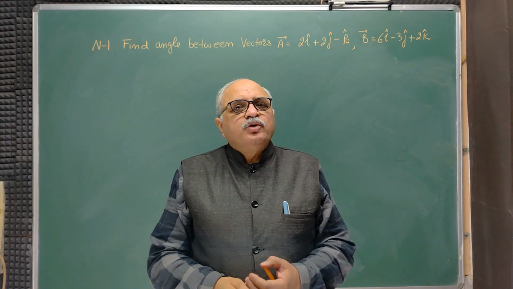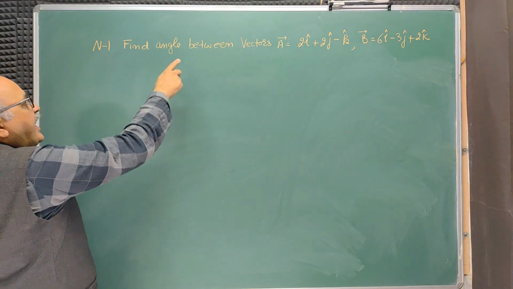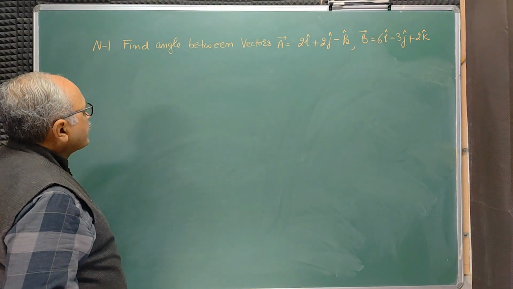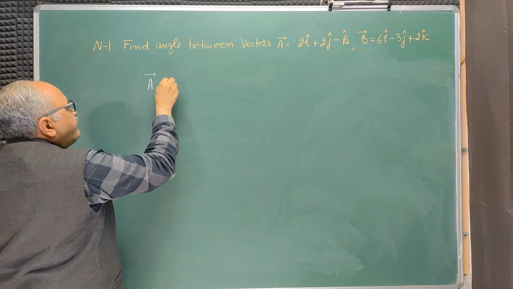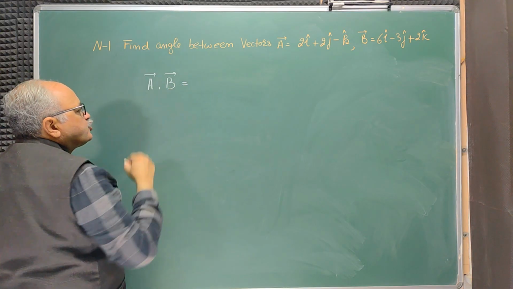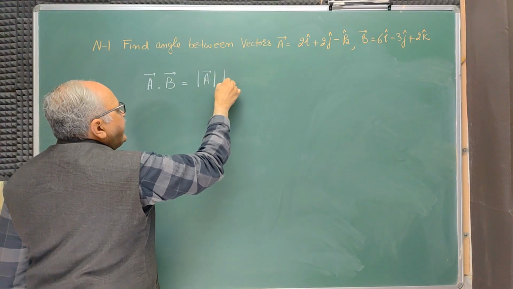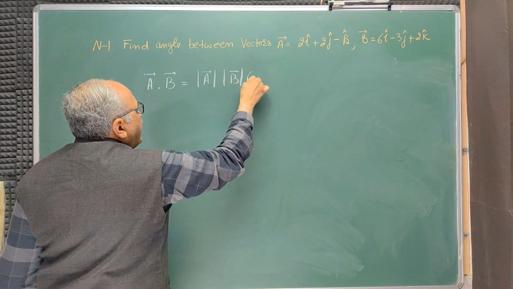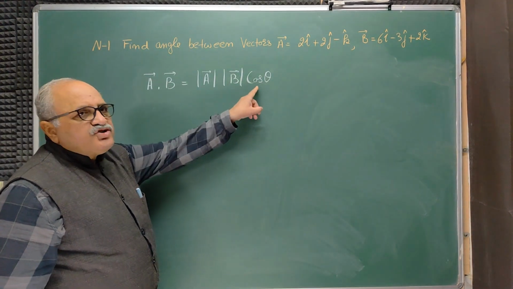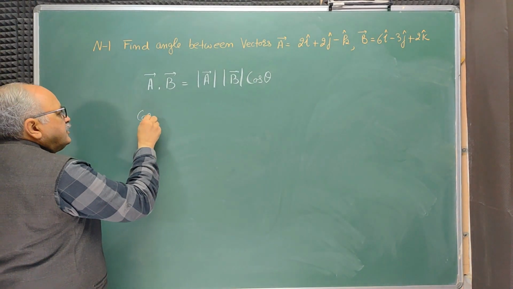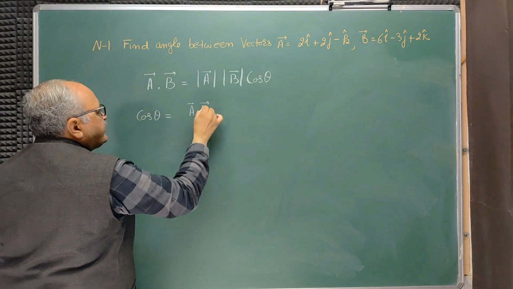Now let's take the first numerical. This numerical is to find out the angle between the two vectors. We know that if I take the dot product of the two vectors, it is going to be magnitude of A, magnitude of B, and cos of the angle between the two. This relation we'll use to find the angle between the two vectors, that is A dot B vector divided